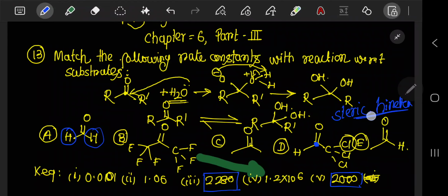So क्या होगा, steric hindrance के वजह से इसका rate constant इससे भी ज़्यादा होगा. So A will be basically 2280 and this will be 2000 and this is 1.2 into 10 to the power 6. Okay, so this has been completed. अब ये हो गया. इसके बाद जो है,